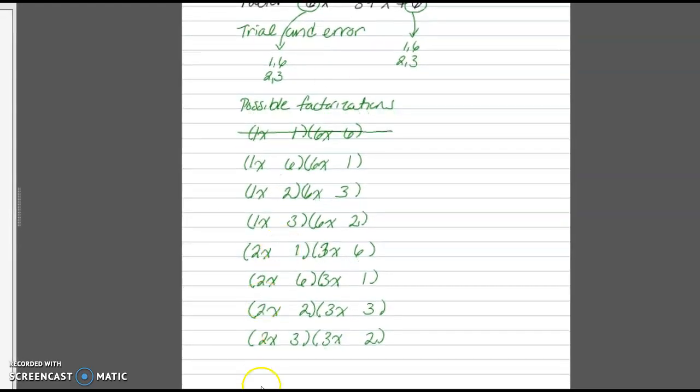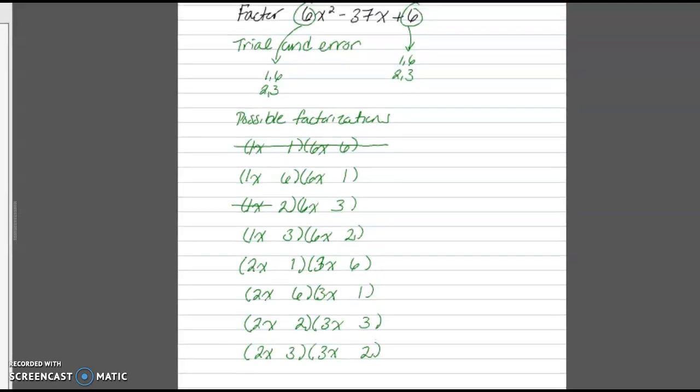Okay, now I can start to get rid of some of these. Now, I did not have a GCF to begin with. There was no number that divided all 3 terms, so none of my factors should have a GCF in them. So what I'm doing is crossing out all of the cases that have a GCF within the binomial. If there's a GCF in the binomial, that can't possibly be the factorization. So that does help me get rid of some of them, but I still have